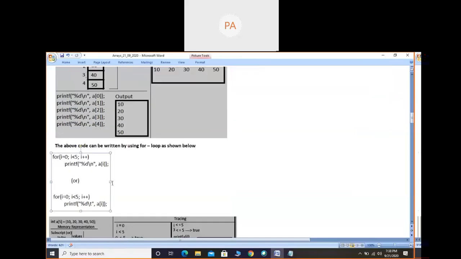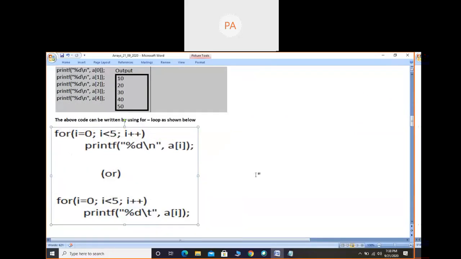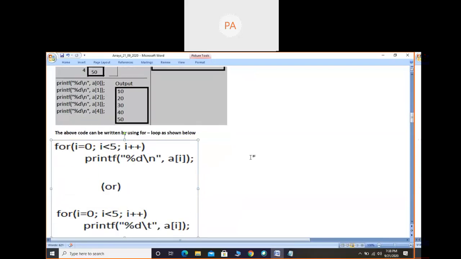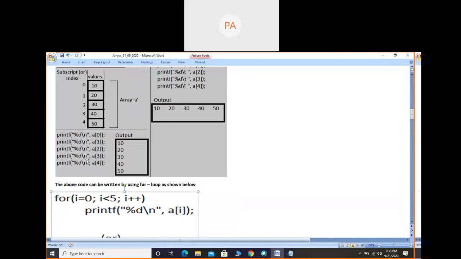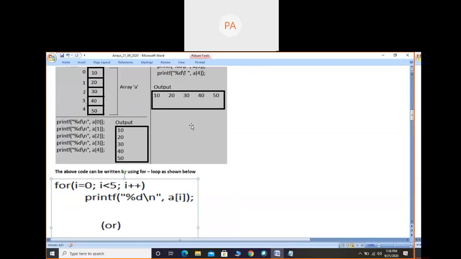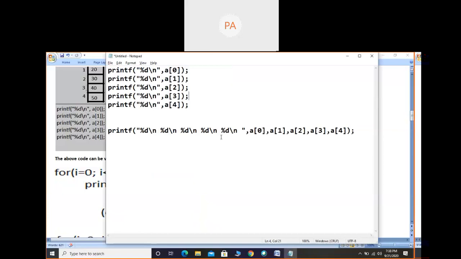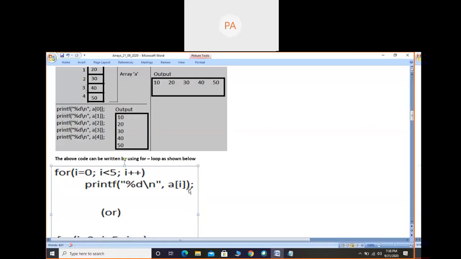So for that reason, what we can consider is the for loop. So the looping concept we have, and we are getting the looping advantage here. How can we write it? See, you observe here, printf statements have been written 5 times, whether with backslash n or backslash t. Can I achieve this execution, that is printf executing 5 times, but writing it only once? Even this %d also 5 times, or 100 times as I said, only one time %d backslash n and a of something. I will tell you what that is.